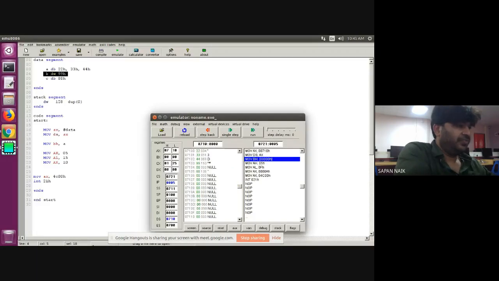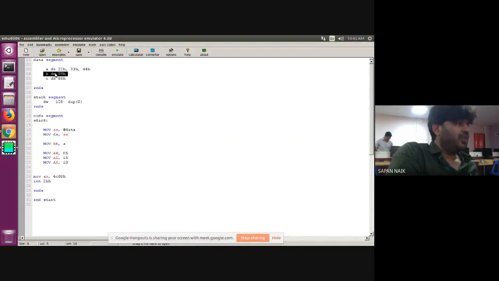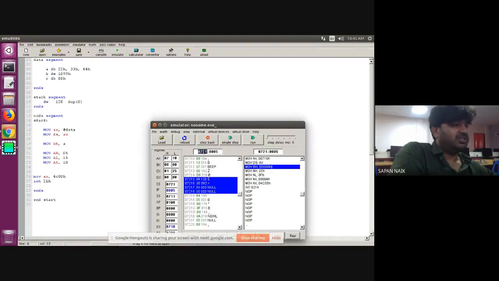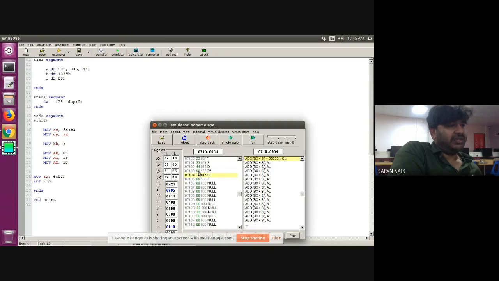As you can see here, if I go to single step 0710:0000. If you can see here on location 103 and 104, these both locations are occupied for B variable. So if I now change it to 1099, then you can see single step 0710:0000. 99 and 10 are stored on 3 and 4. So two boxes are occupied because of DW. If it is DB, I can't store that. Clear?